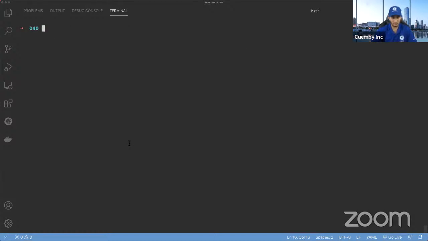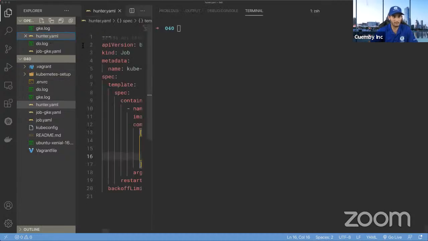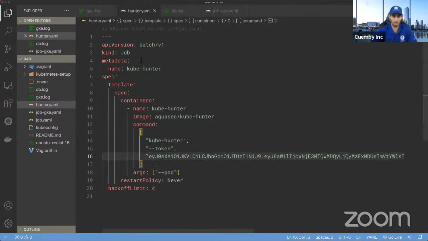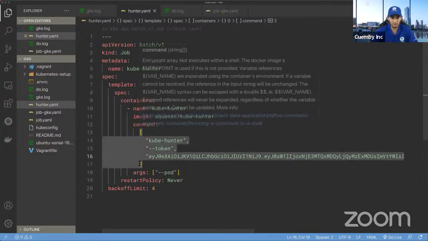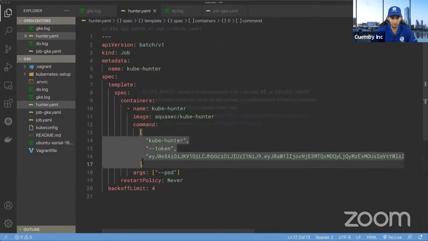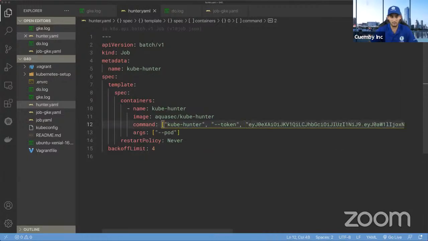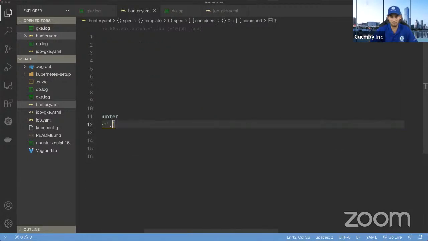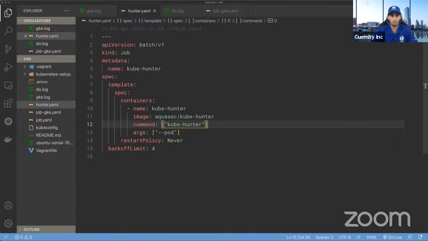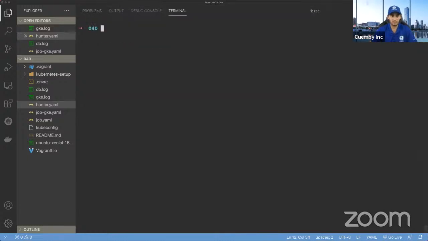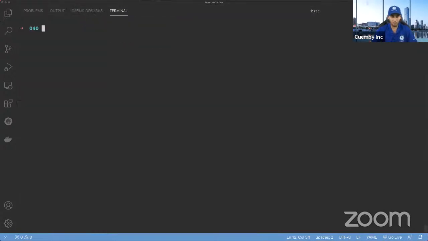Maybe they just don't like using tokens when running inside the cluster. Maybe that was my mess up. I was probably the one who did it wrong. So let's just try it again, this time the proper way.